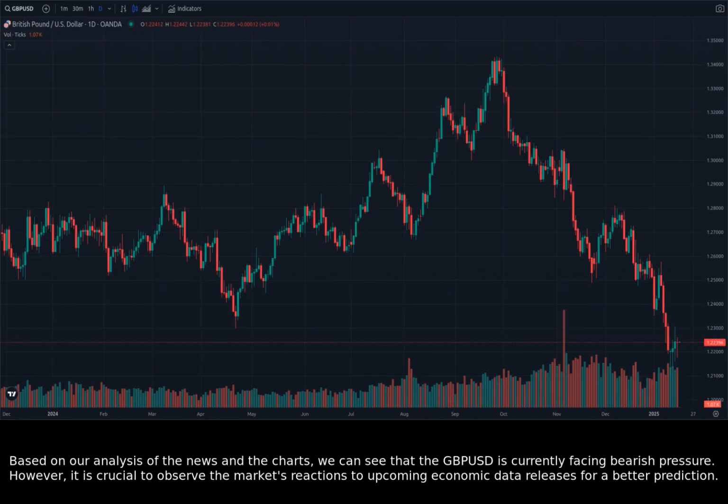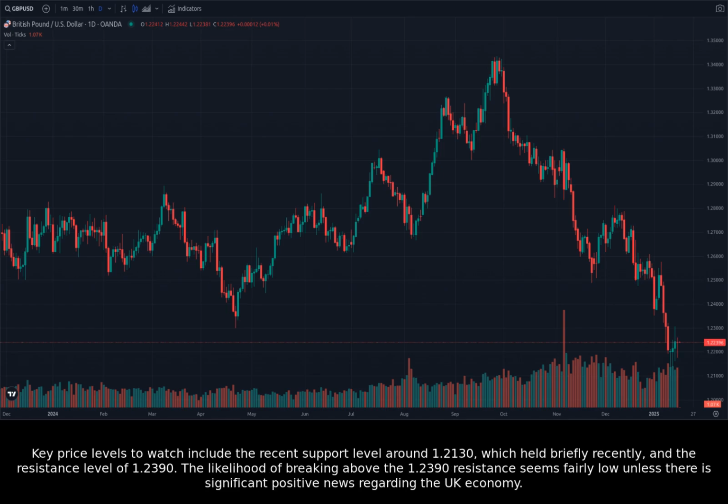Based on our analysis of the news and the charts, we can see that the GBPUSD is currently facing bearish pressure. However, it is crucial to observe the market's reactions to upcoming economic data releases for a better prediction. Key price levels to watch include the recent support level around 1.2130, which held briefly recently, and the resistance level